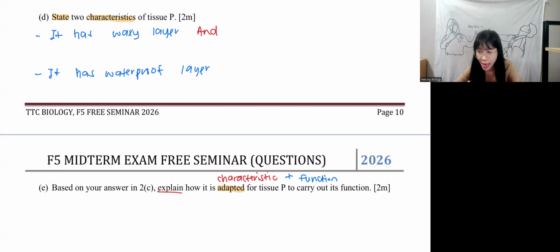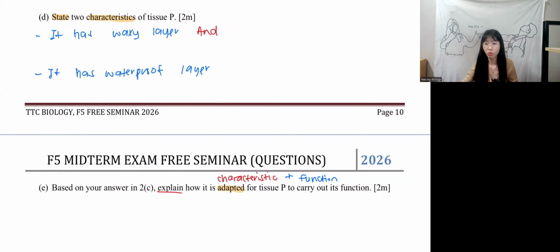If the question asks the characteristic of epidermal tissue of root, how to answer? Increase surface area to absorb more water and mineral, which is the root. No cuticle, but they will develop into root hair cell. More root hair cell to increase surface area. That's for root. Okay, your question, you're going to say,